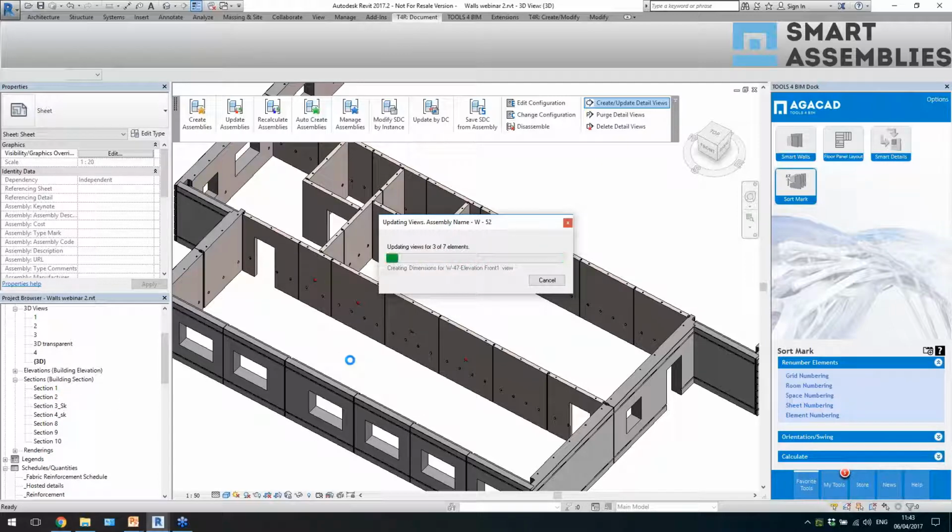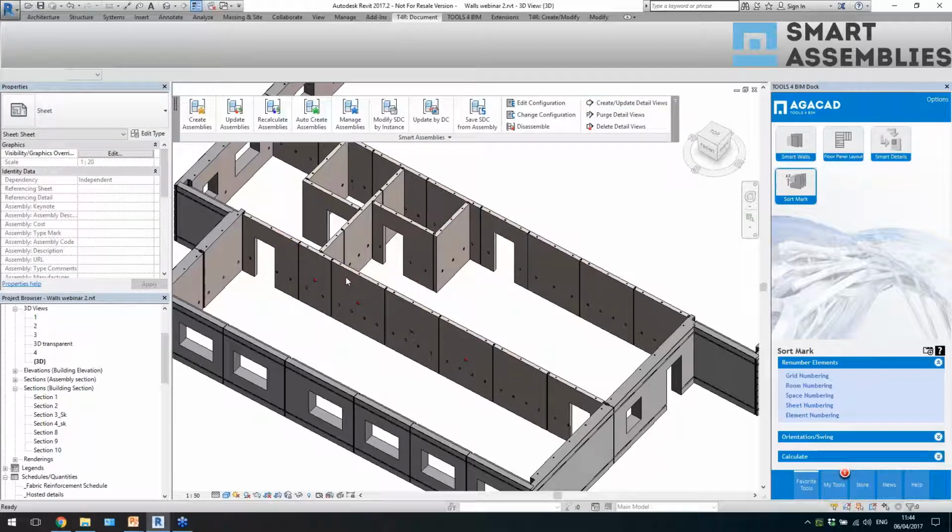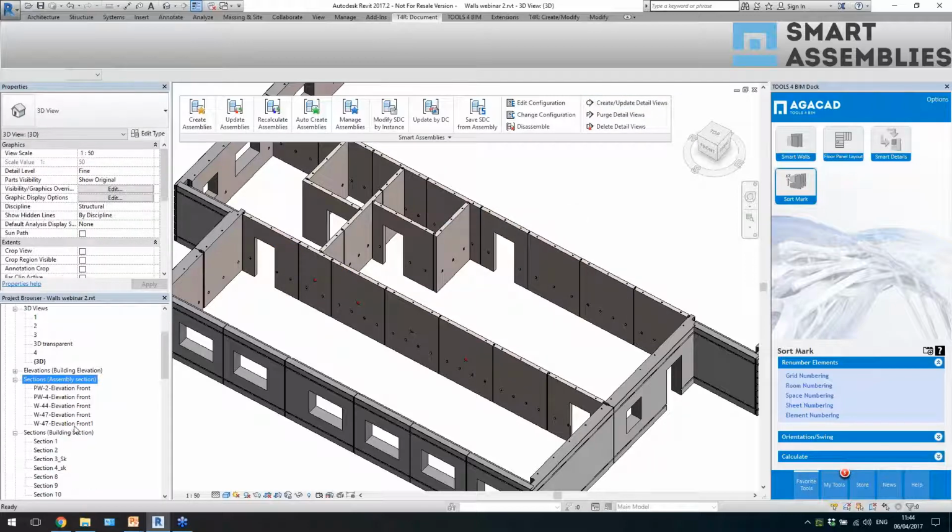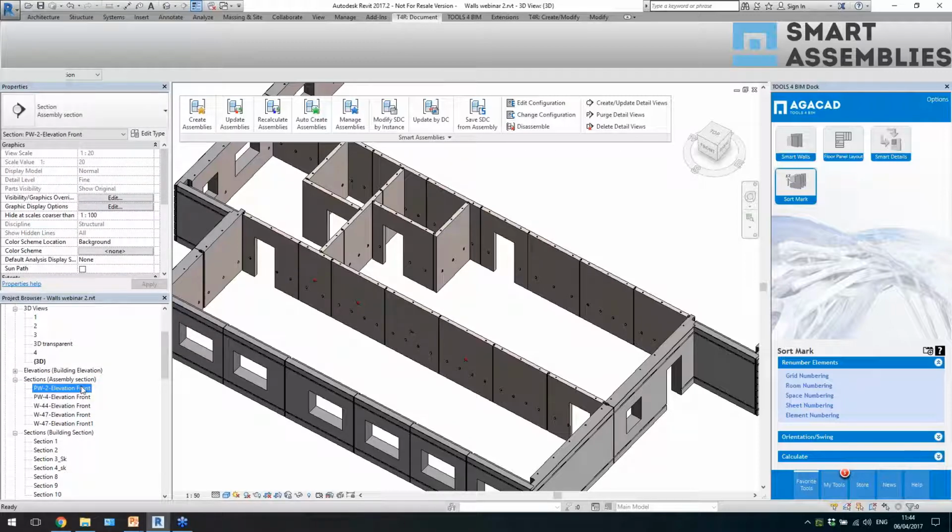So now it will find all assemblies which have this detail view in configuration. And let's see what will be created. I think we will have just a couple of sections here. They will be very similar to the assembly views, but additionally it will crop this assembly in the model. So yeah, we have it here. So you see this one, the name of that assembly. If I go here,